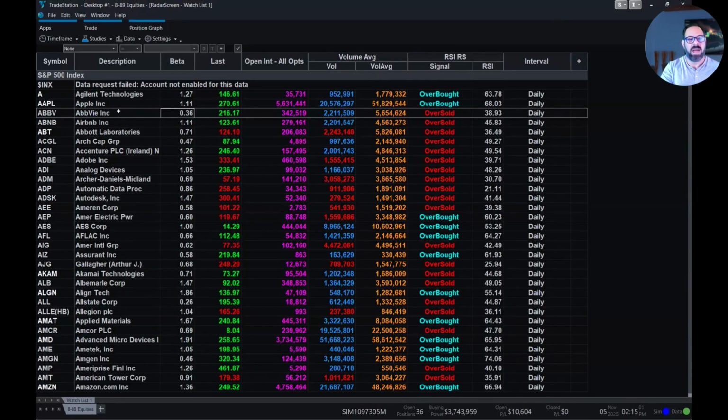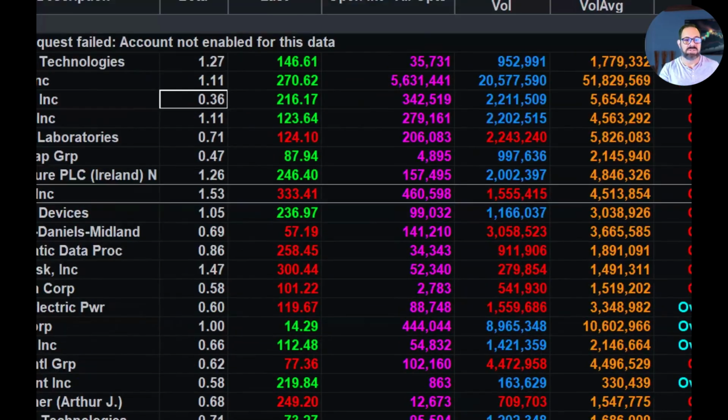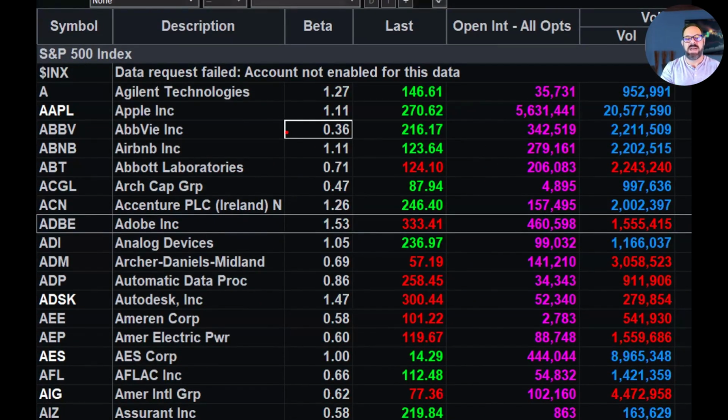Some of them are low. AbbVie has a beta of 0.36. We can zoom in a little better. For instance, AbbVie moves a lot slower than the broad market, doesn't it? 0.36 would suggest that it's about 64% less volatile than the broad market. So if the broad market moved up 1%,